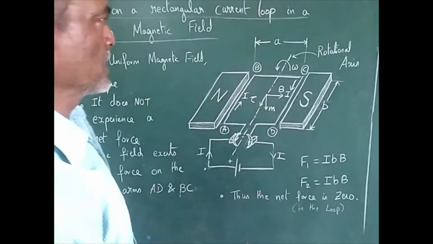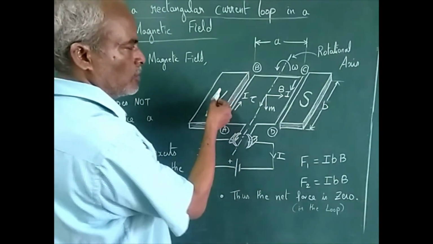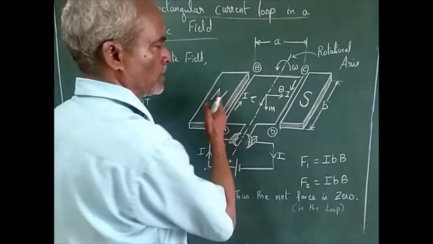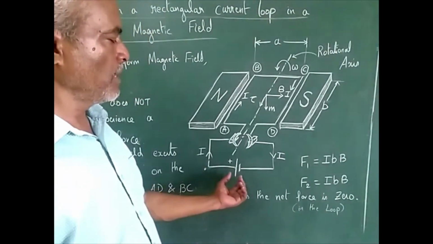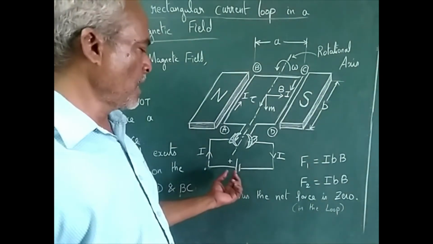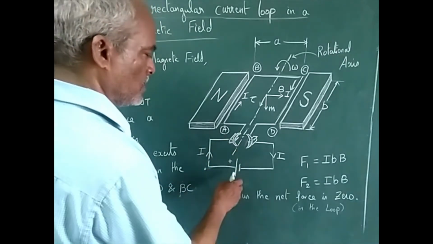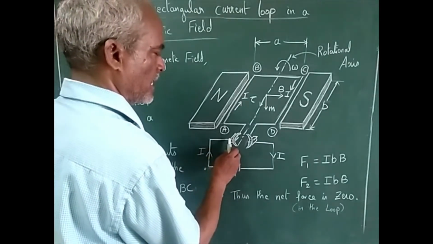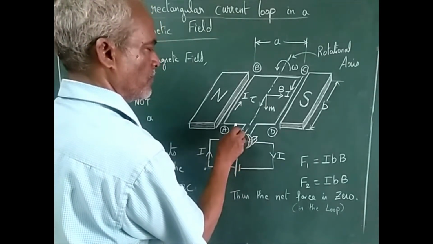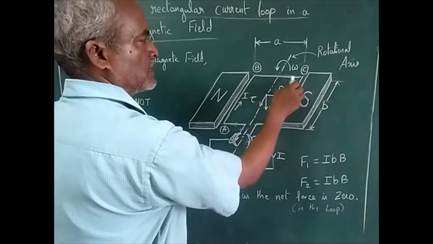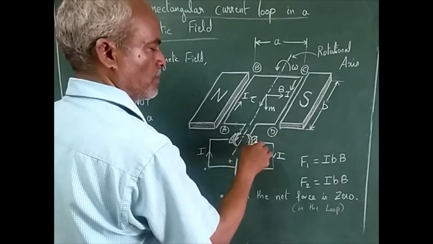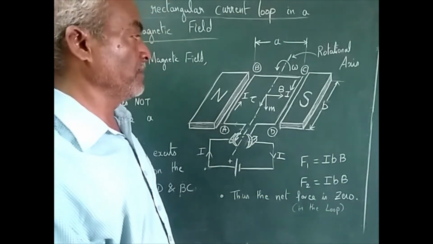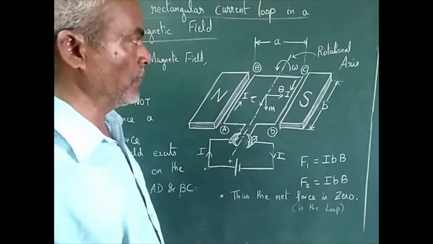So now we will see the construction. You have a north pole, south pole, and a steady magnetic field exists between them. Here you have a battery source, and here you have brushes. So current, this is positive, negative. Current starts flowing through this conductor and through the brushes. It goes like this and comes back here through the brushes and ends at the negative terminal of the battery. So this is the direction of current flow.